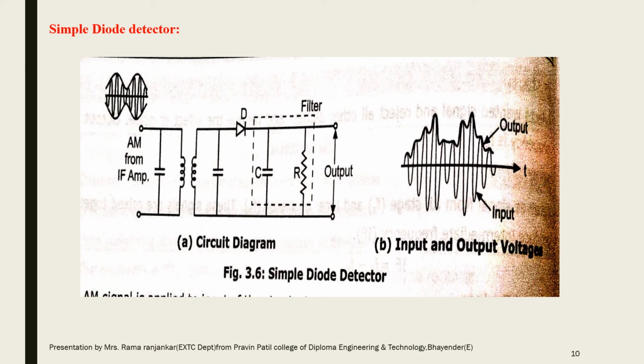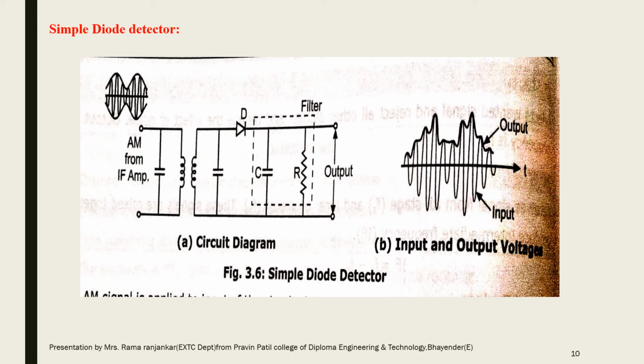The AM modulated signal consists of low as well as high frequency signal. During the positive half cycle, the diode conducts. Therefore, current flows through this diode, and because of this current, the capacitor starts charging, and so the output is produced like this during the positive half cycle, as shown in the diagram.